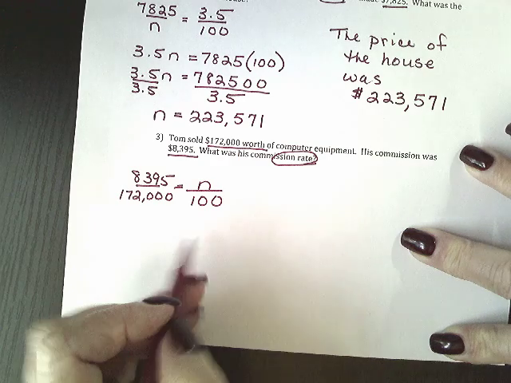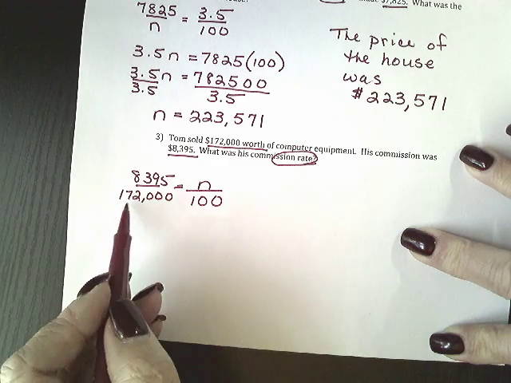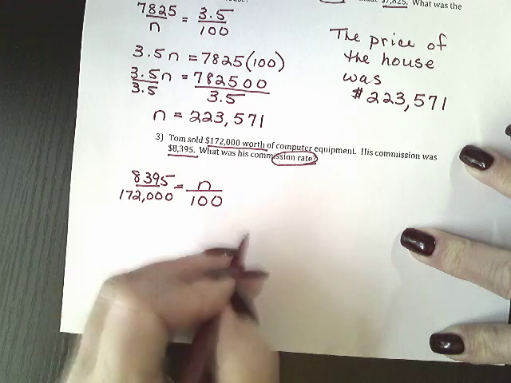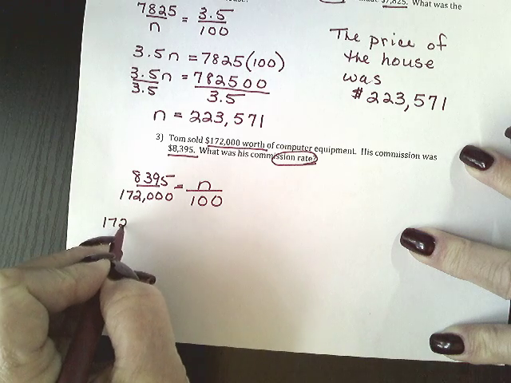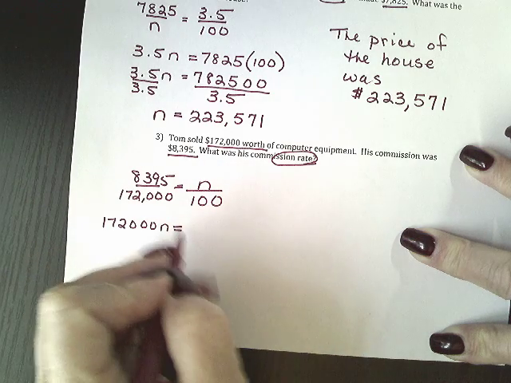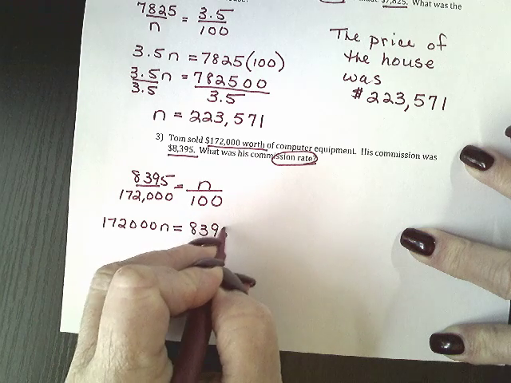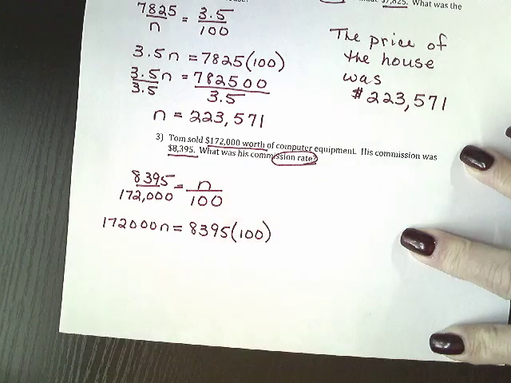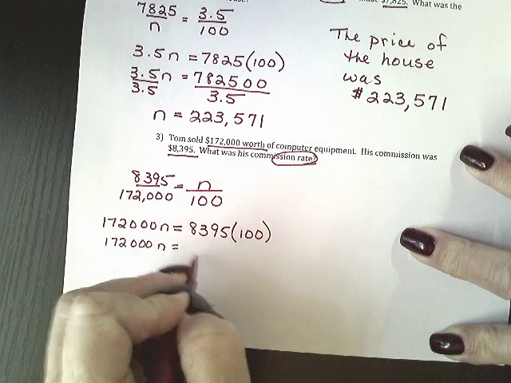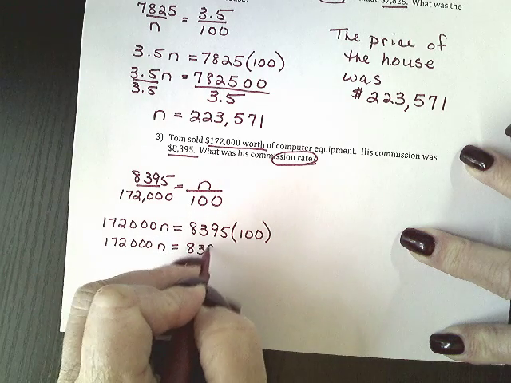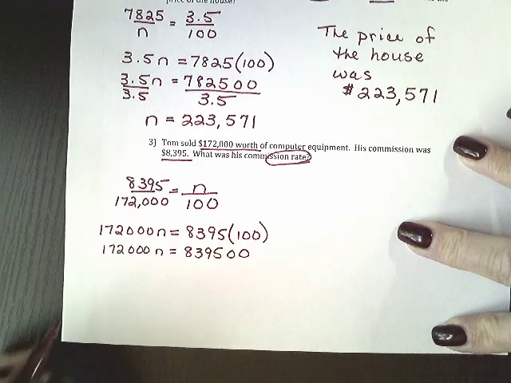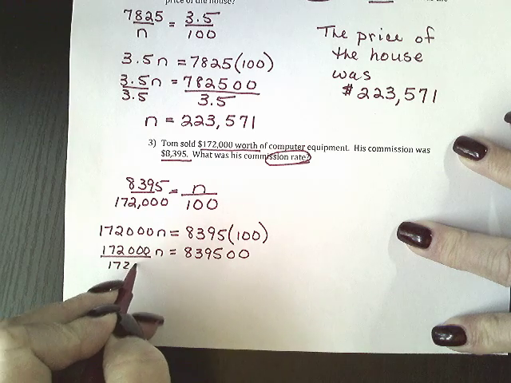$8,395. So I know that I could go from 100 to 172,000, but then I wouldn't be able to go from N over there. So instead I'm going to do my cross multiplying. So I'm going to have 172,000 N, which is equal to 8,395 times 100. 172,000 N is equal to 839,500. If I divide both sides by 172,000,